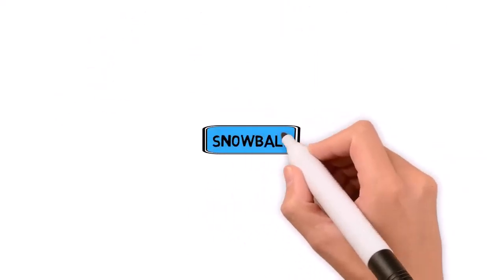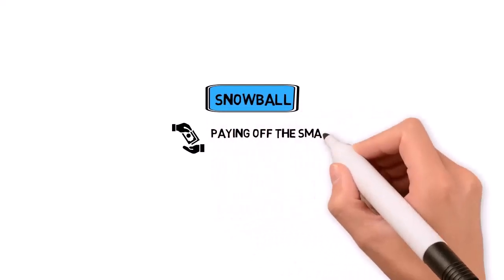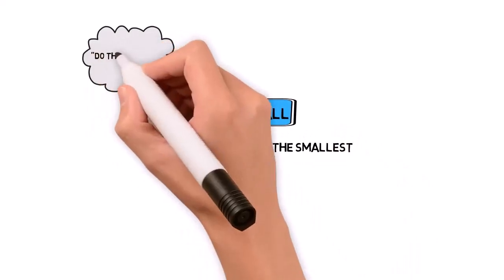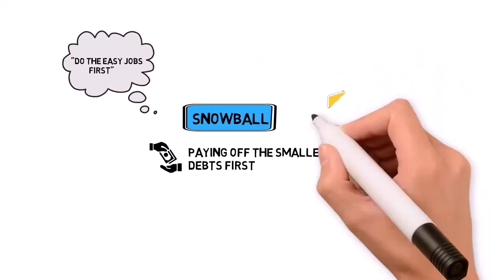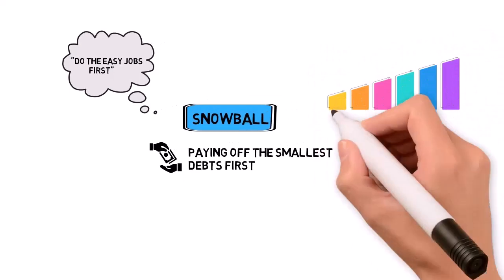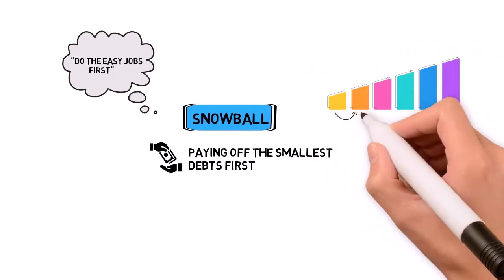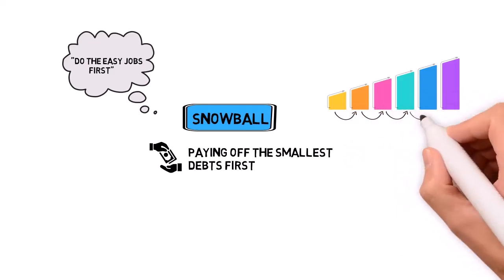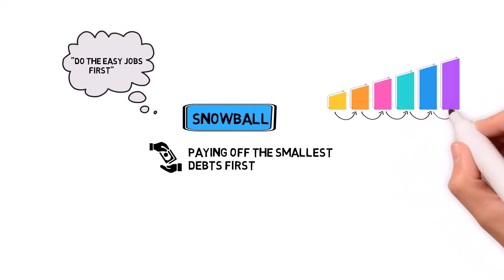The debt snowball approach involves paying off the smallest debts first to get them out of the way before moving on to larger ones, sort of a do the easy jobs first approach. You list all of your outstanding debts in ascending order of size. You then make minimum payments on all your debts and apply any surplus funds to the smallest debt. Once the smallest debt is paid off, you roll over the amount you were paying on that first obligation to the next smallest debt until it is paid off, and so on until you're debt-free. This straightforward approach requires discipline and commitment, but it will be well worth the effort.